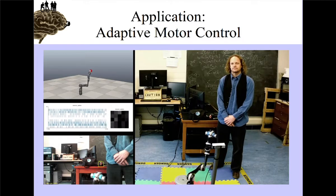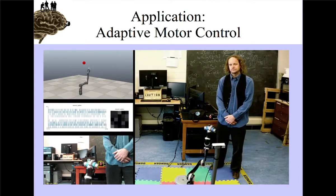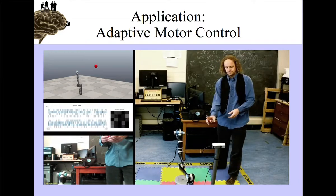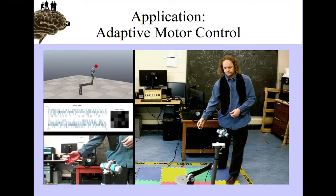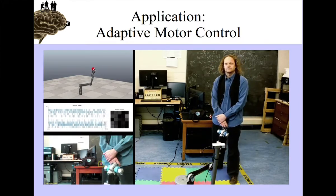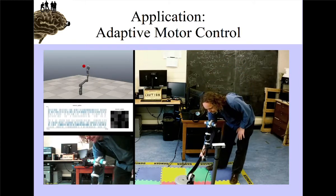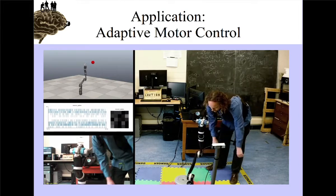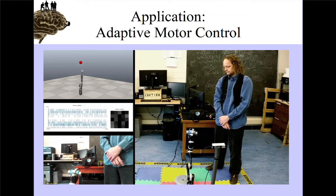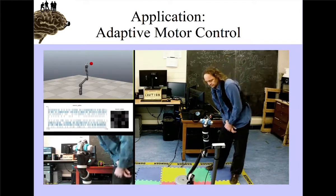This system is also doing image recognition of small little objects. In particular, it's looking for the small Santa Claus that is being held in the hand. And so again, this is doing image recognition using neurons and doing the motor control using neurons. We'll come back to that example as one that will be useful for the FPGA applications at the end of this section. So all of that was mostly just to show that it is